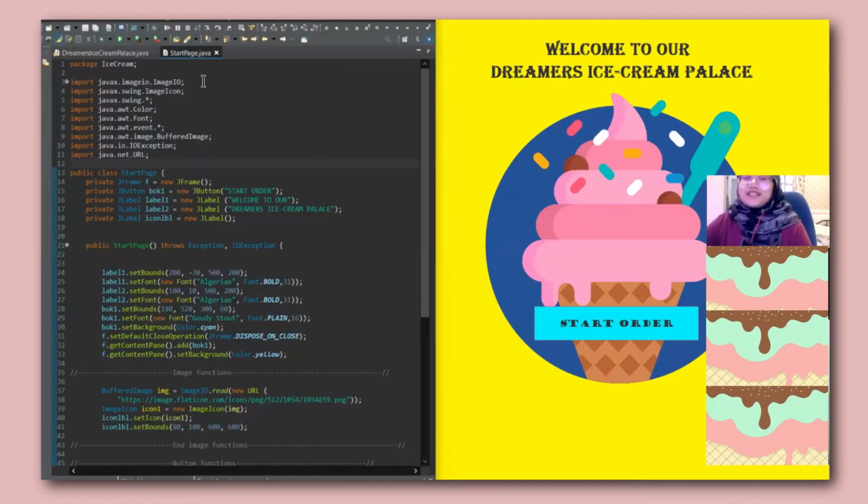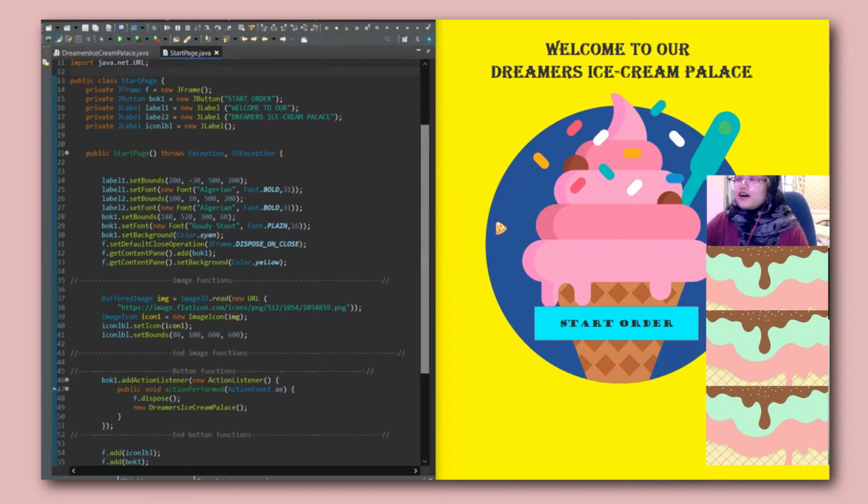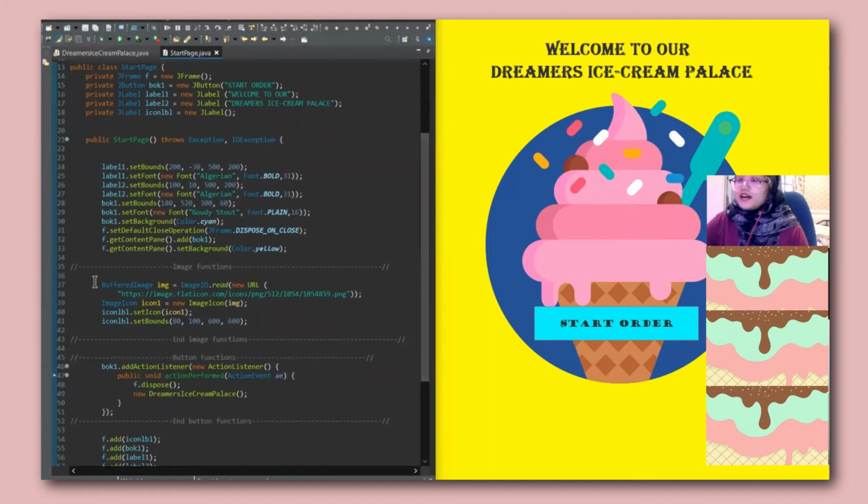Hi, my name is Nurlisa binti Azmi. I'll be explaining the start page GUI. This is the coding of the start page, and this is the output of the start page. As you can see, we just use JFrame, JButton, and JLabel only on the start page. The first one is we use JLabel, and the button will lead to our next page for the cashier system. For the background, we insert an image using this coding,